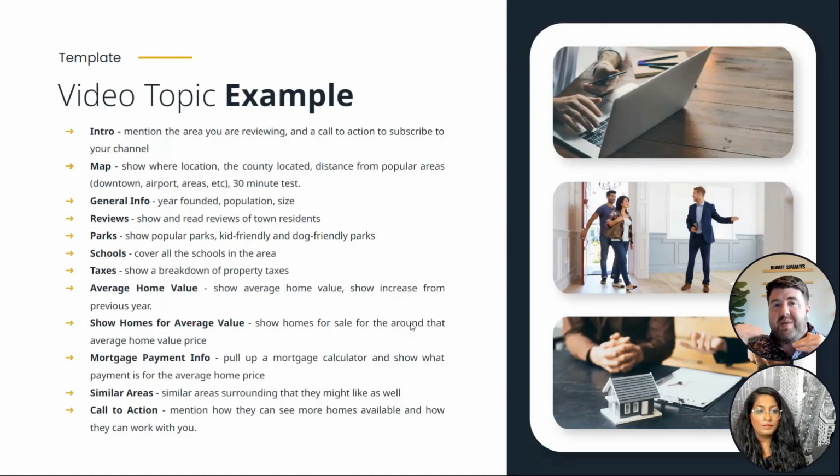So this template can be literally every area. You can even use this similar template for a neighborhood. And you can show that neighborhood, the distance from other things, because, in the town I am in, it's pretty decent size, even though it's a suburb, that to go from one end to the other could take 25 minutes. So you want to show them, hey, if you live on this side of town, this is what the proximity is, show them what the average home price is in that neighborhood. So now you've gone from, in this video example for me, 42 cities. Now it's hundreds of videos because you're focusing on those neighborhoods. So you shouldn't run out of content.